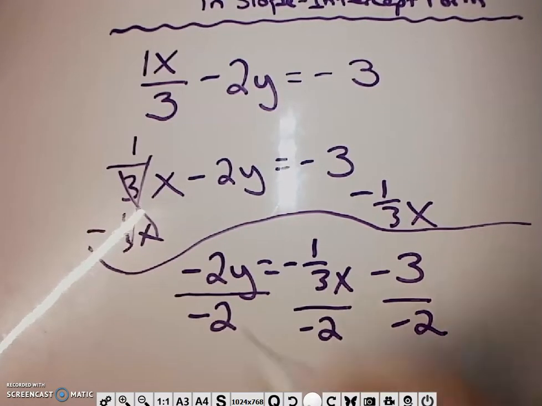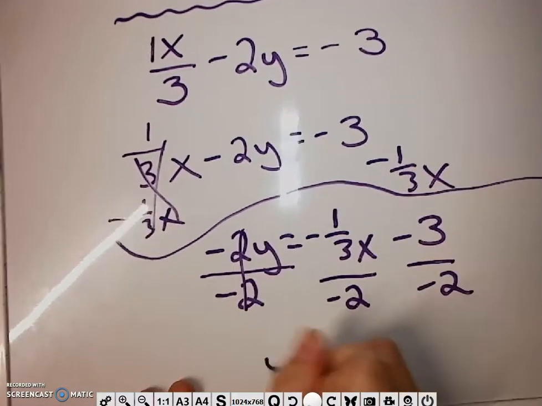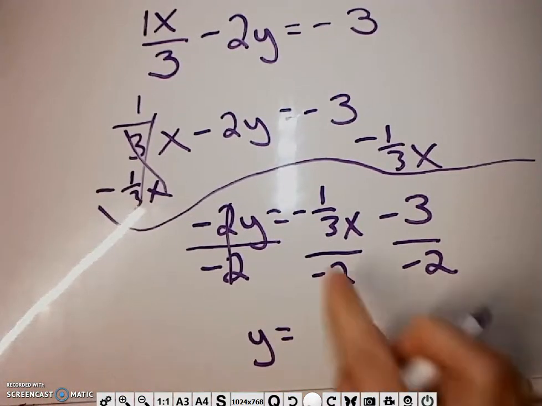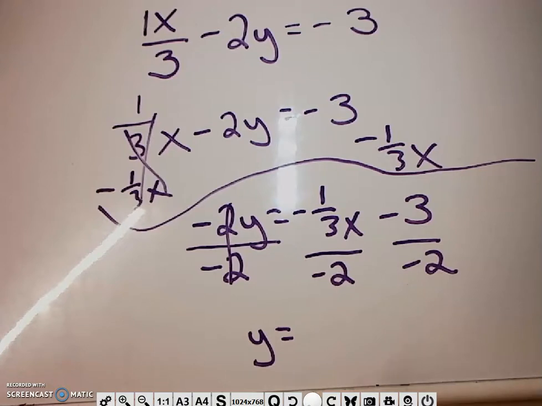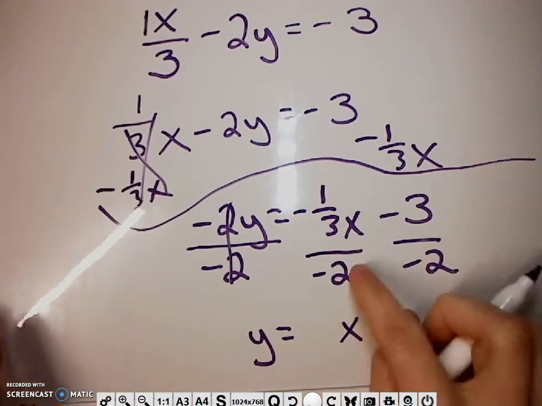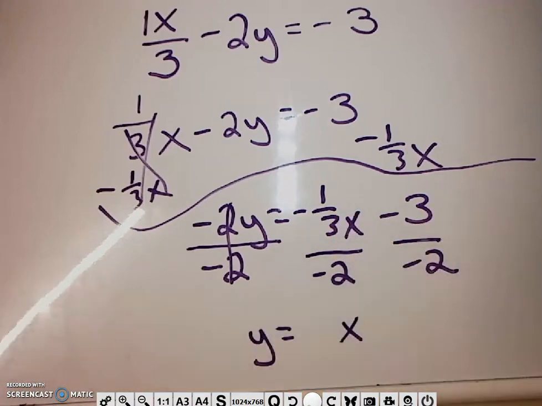This cancels. So now I'm going to rewrite this equation. I have y, see that? Y equals negative 1/3 divided by negative 2. The first thing to notice is that a negative divided by a negative gives me a positive. The issue here is 1/3 divided by 2. You can't have a fraction on top divided by some number like that, so over to the side,